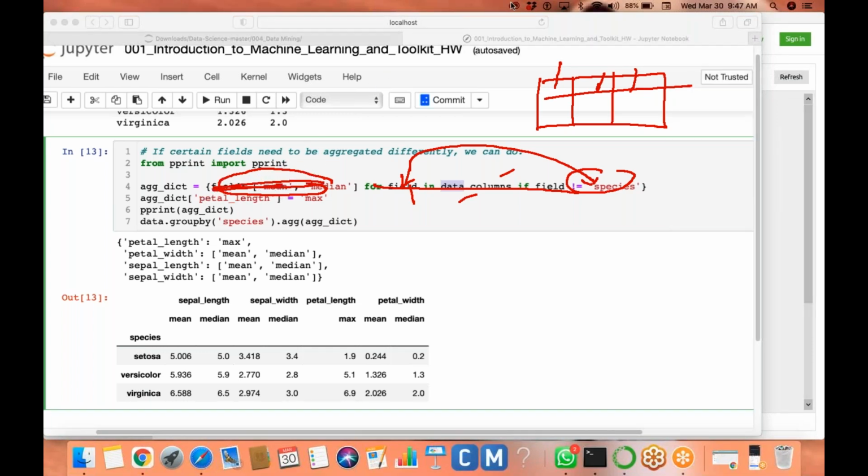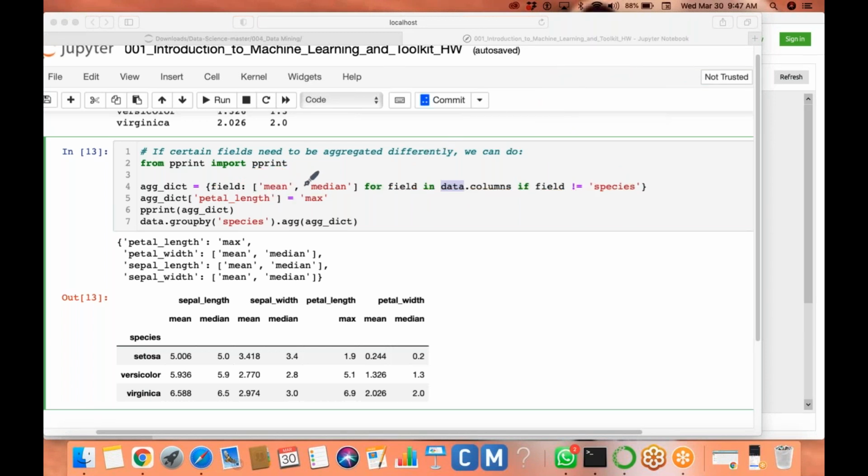So that's fine. You are calculating the mean and median of the species only. And I want to find out the max of fetal length. Then I'm adding one more key and corresponding value. The key is now fetal length and max is my value, and I'm printing the aggregated dictionary, then max of fetal